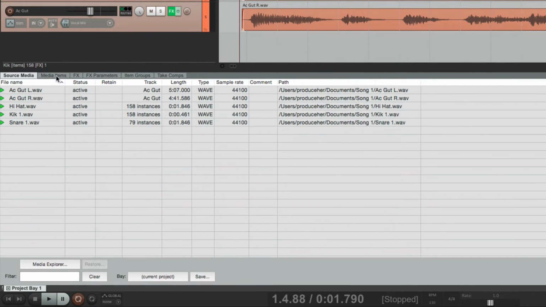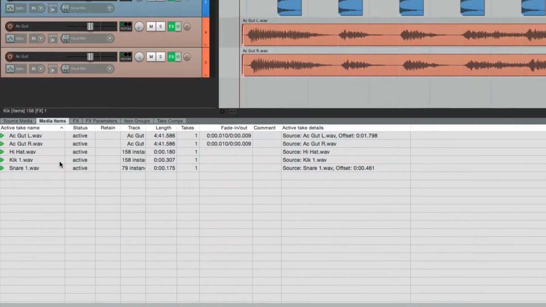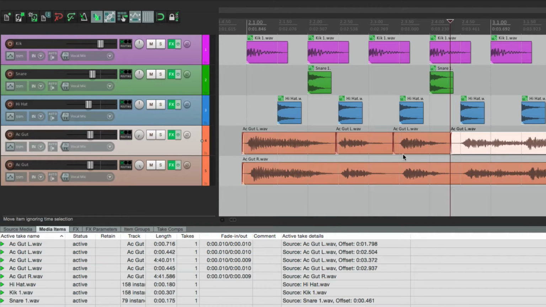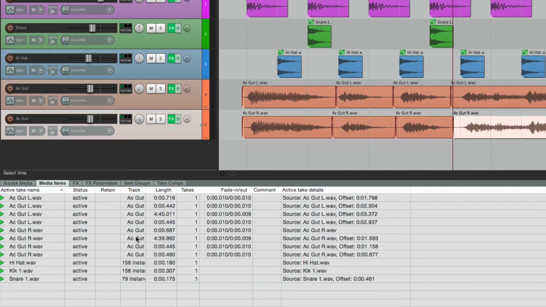Now if we go to this one, Media Items, at first it looks identical, because at this point, we only have 1 item per file in our project. But that's going to change. If we split the guitars, here, here, we can see down over here, we now have more acoustic guitar items, because each one of these represents the